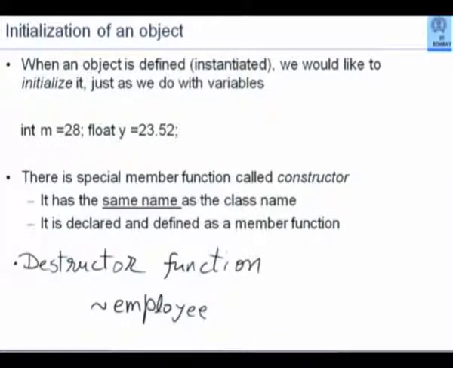Similarly, whenever an object goes out of scope, we shall discuss the notion of scope later, at that time the destructor function is invoked, which destroys that object. Essentially, it frees the memory that has been allocated to that object, making it possible for that memory to be utilized by the operating system for something else.